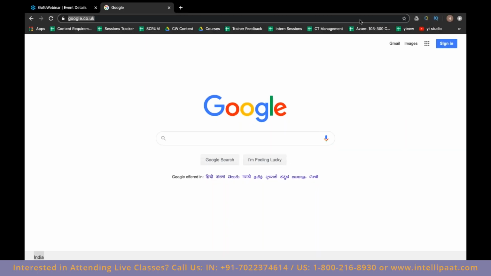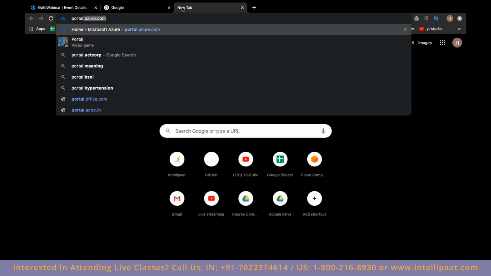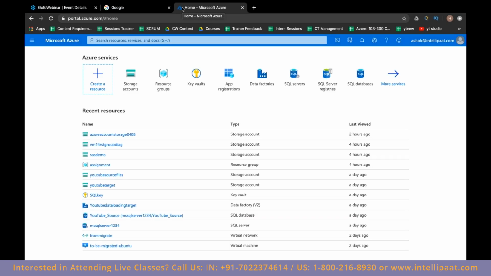Let's go ahead, and the first thing that we would do is go to the Azure dashboard. The URL is portal.azure.com. Once you log in or sign up on Microsoft Azure, this is how your dashboard is going to look. Now I already have some resources that I have deployed over here, so you don't have to worry about them, right? So what I'm going to do is create a resource,